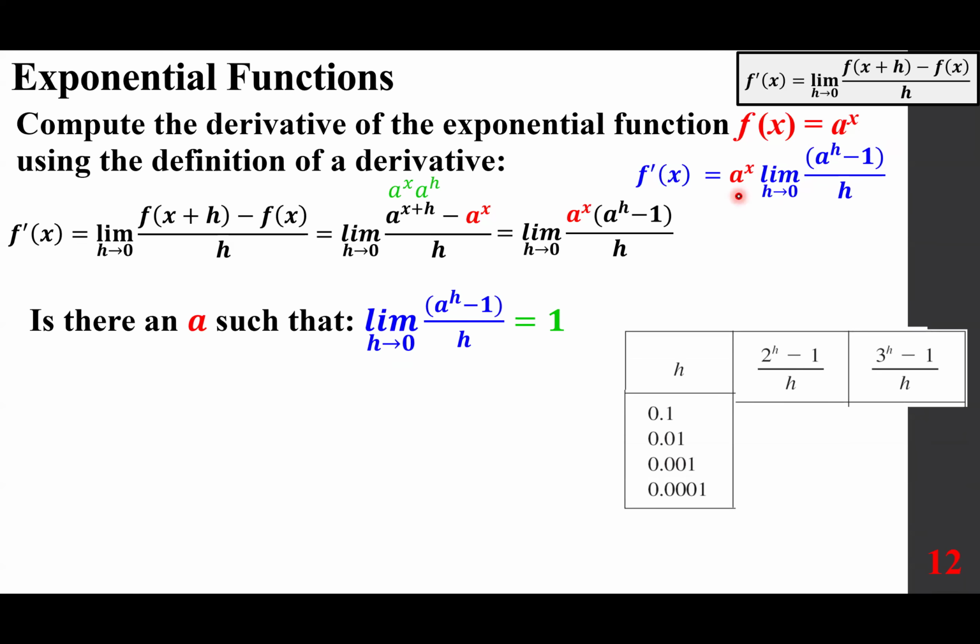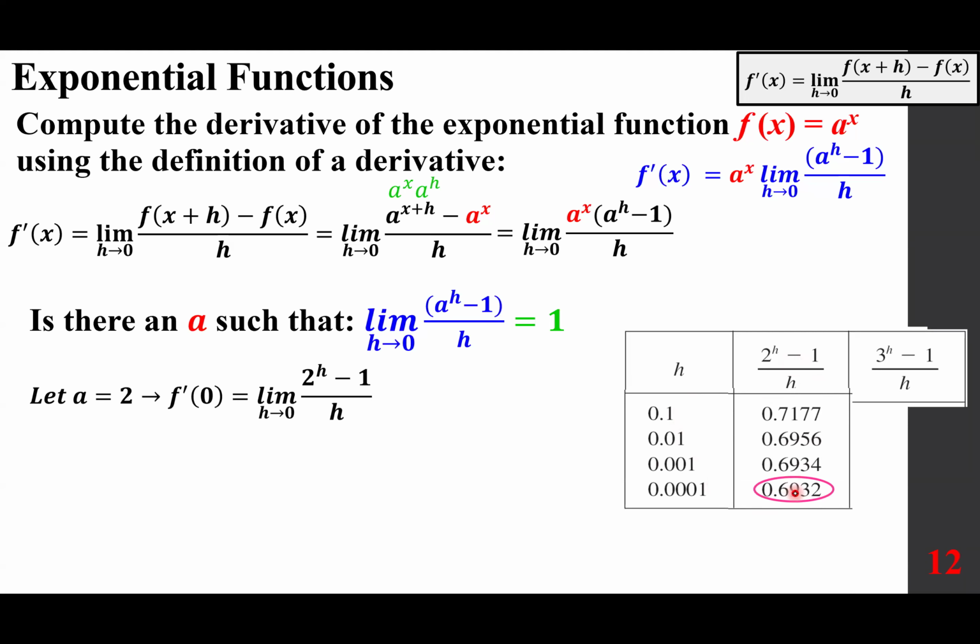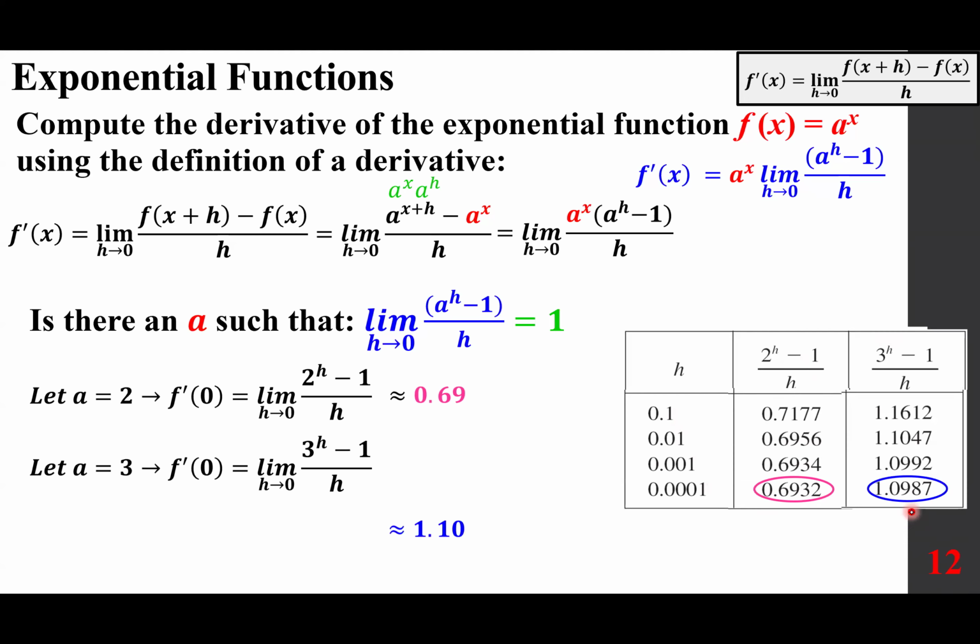So they work on different numbers, for example, 2 and 3. And by the way, again, you want to take the limit, you let h go closer and closer to 0. And they notice that for 2, we get to almost 0.7 or 0.6 now. They do that to number 3, and they get to 1.1. Okay, so we didn't get the 1. What did we get? We don't have the answer,